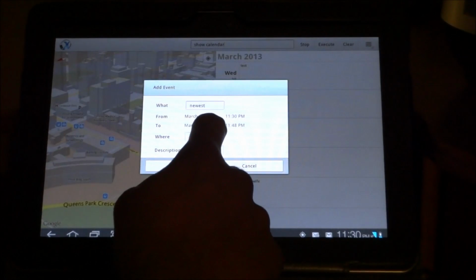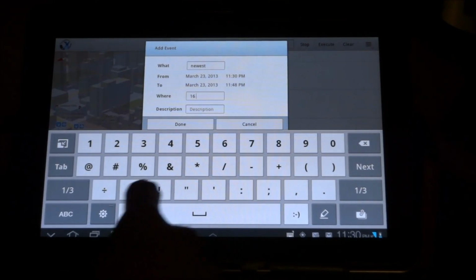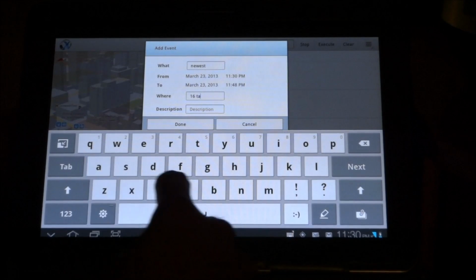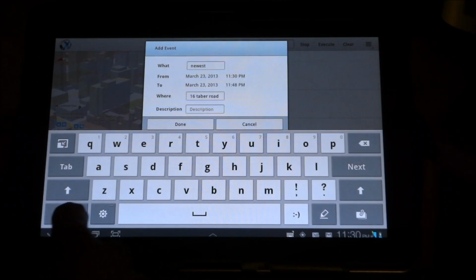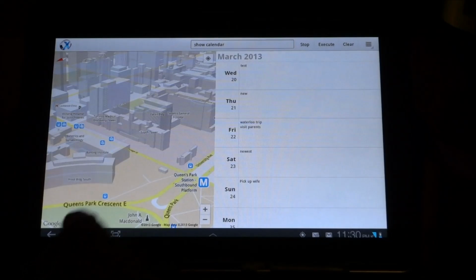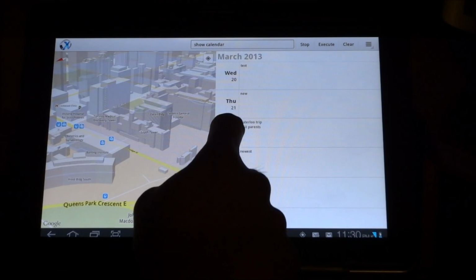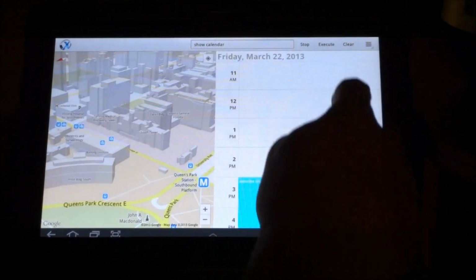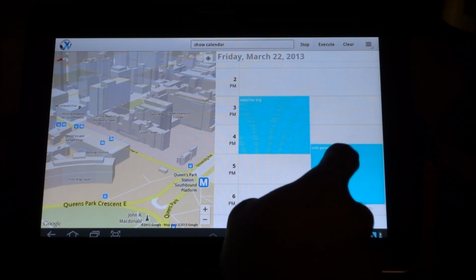And then I'll pick a location. Let's see, it's at 16 Tabor Road, and it just added it. And let's say I just want to view the appointments on Friday. You can see that I have a Waterloo trip, and I have to visit parents, and I can click on it,